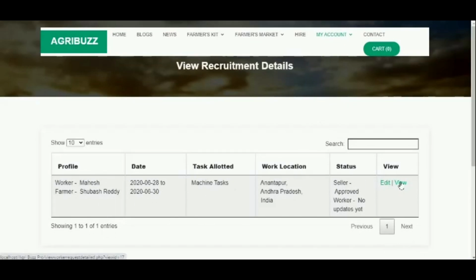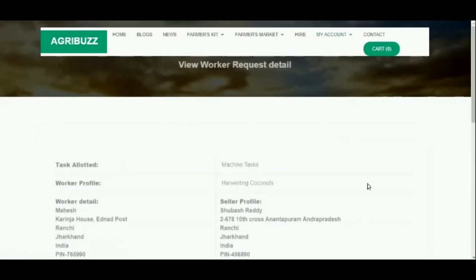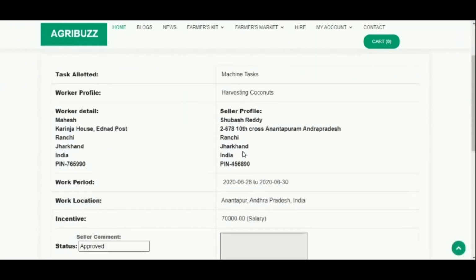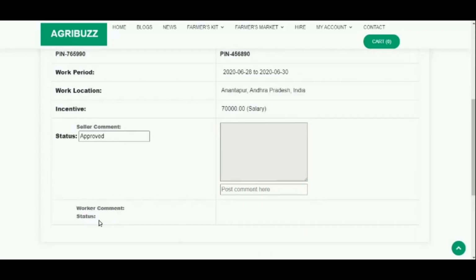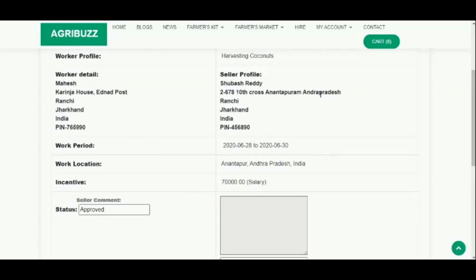Now under Hire Details, farmer can view the workers hired by them along with the action Edit and View, and farmer can see the status, that is approved, and worker comment where status is empty.